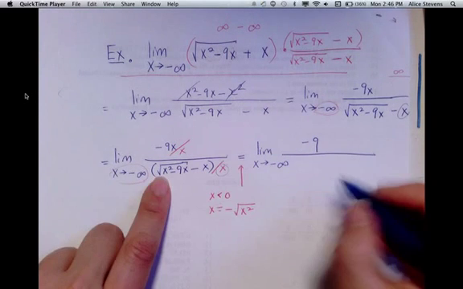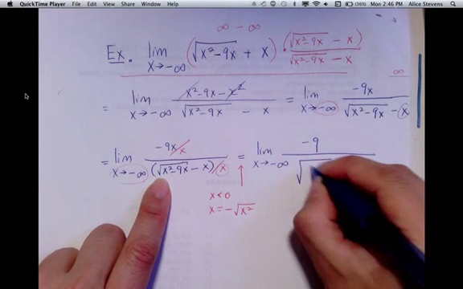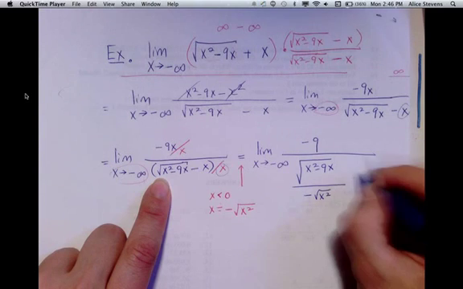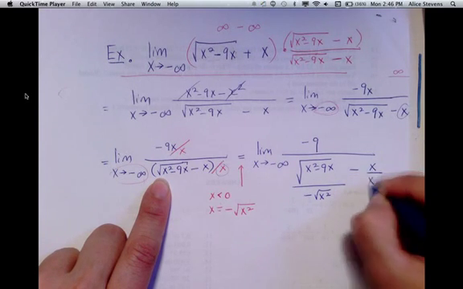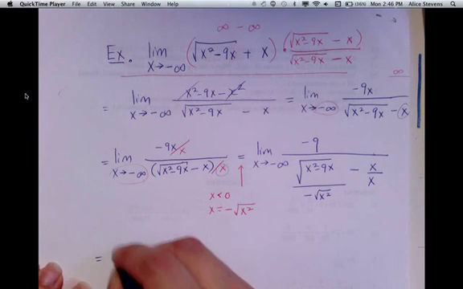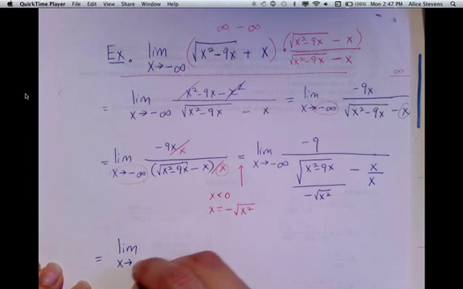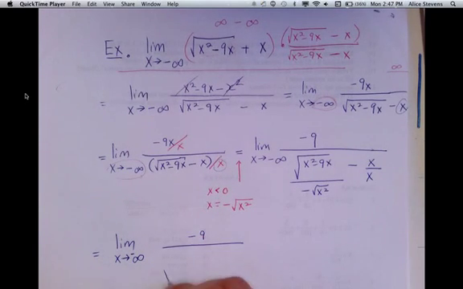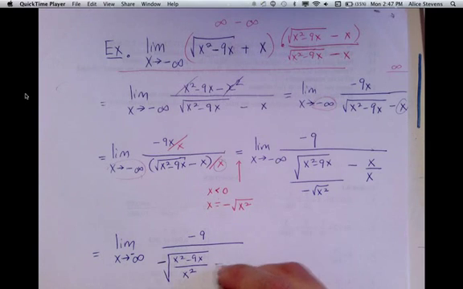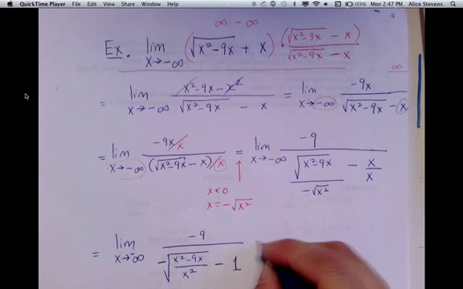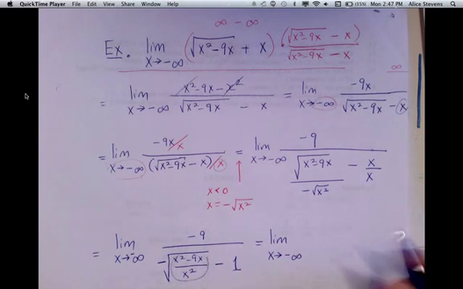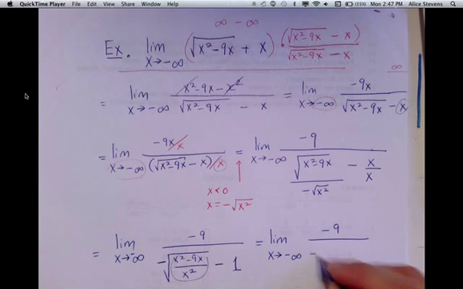And I can rewrite the denominator as this expression. Now simplifying a little bit gives me negative 9 over this expression. I'm going to perform the division in here. This leaves me with